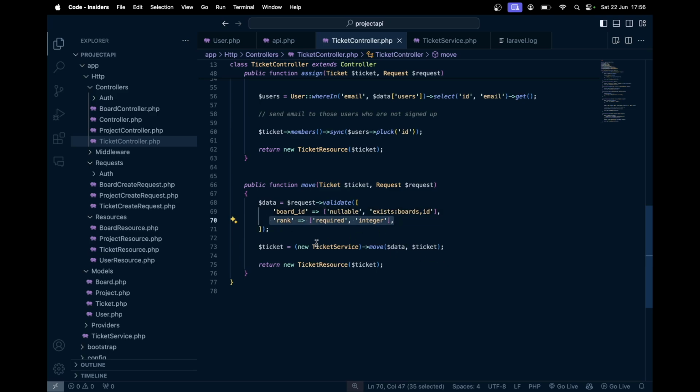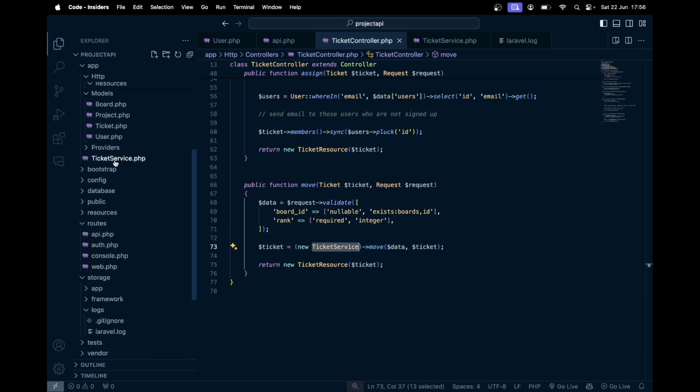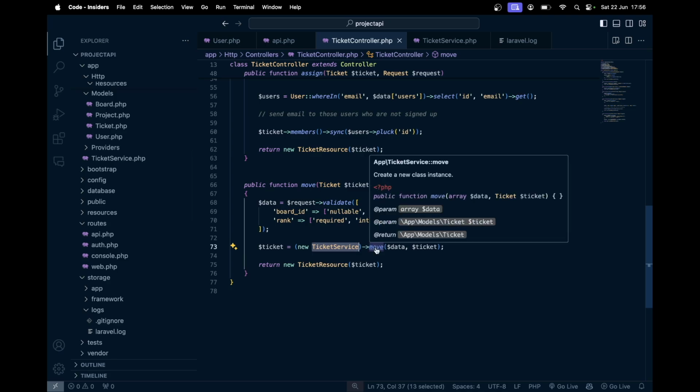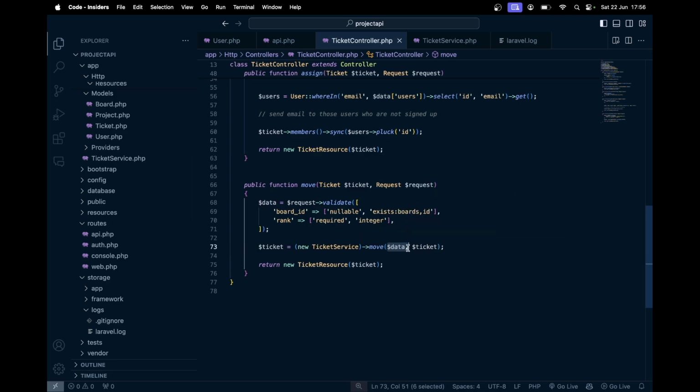Then we get the rank of the ticket. Then we can update the ticket. So we have created this ticket service. So we can just create a new class to keep the code clean. To that, I pass the input data and the ticket itself. So we can just have the ticket over here using the ID, the string ID. We can ask Laravel, okay, give me the ticket. As we are using ORM, it will automatically do the database query and